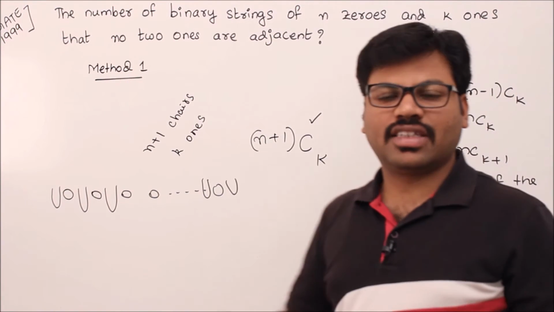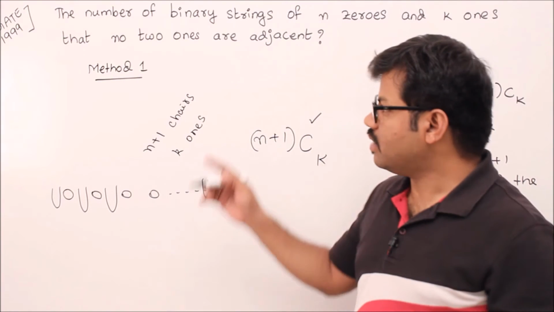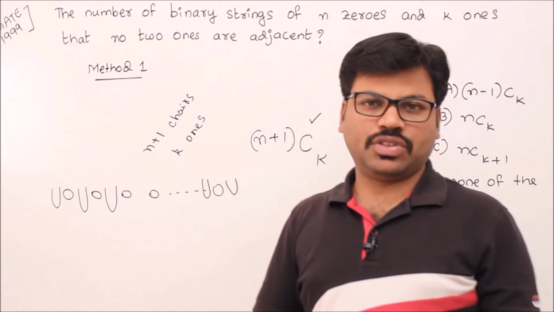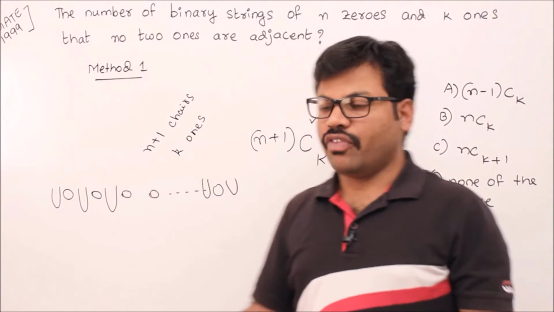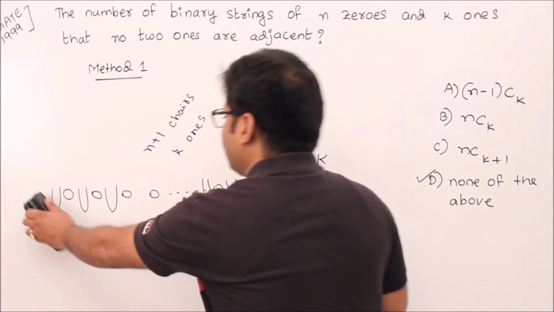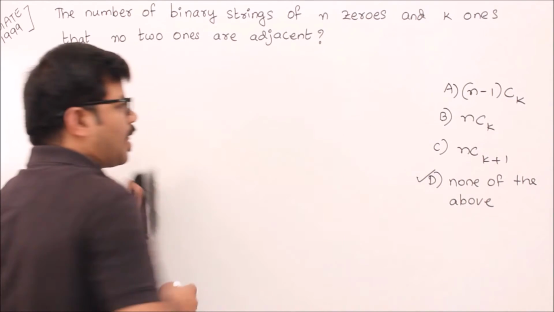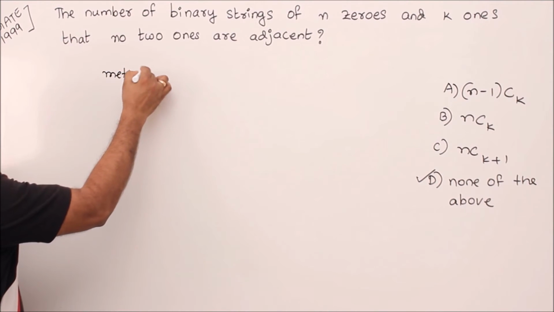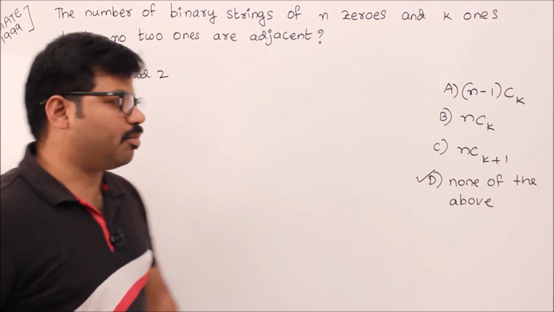In that way you can answer questions related to GATE very easily. I teach this problem with method number 2. In method number 2 I use substitution. Without solving this in a rigorous way like this, with a conceptual way, I solve it the smart way. So let's say the second technique is for when you are smart. Method 2: we understand the problem, that's it, and we write some examples.